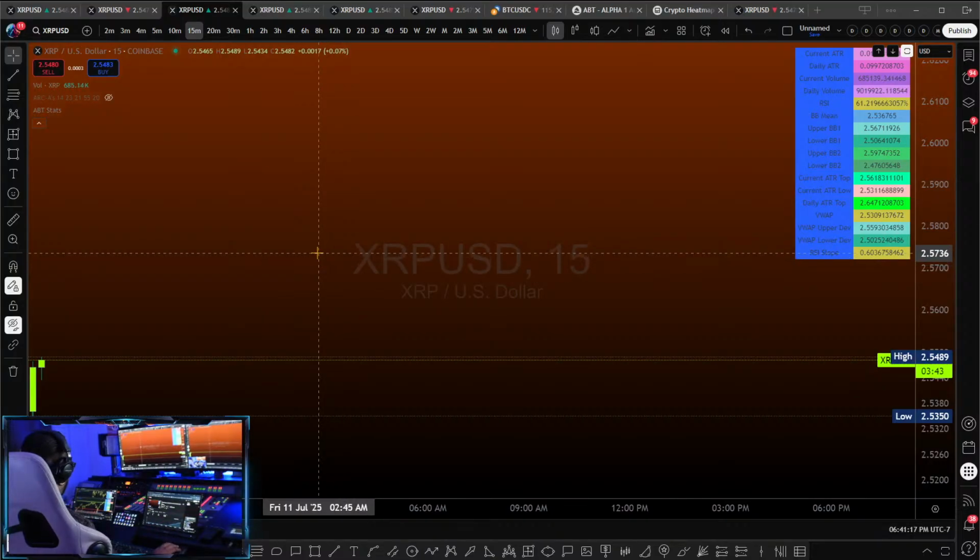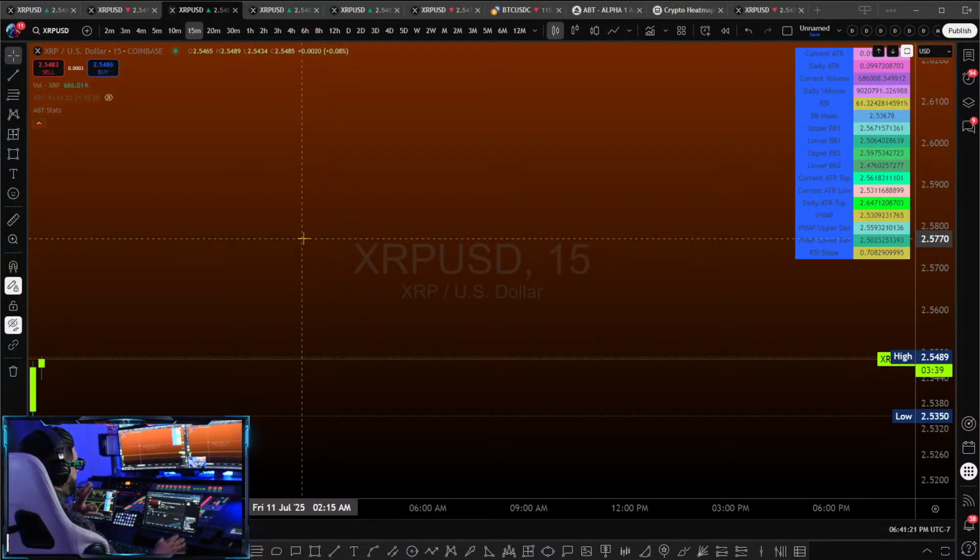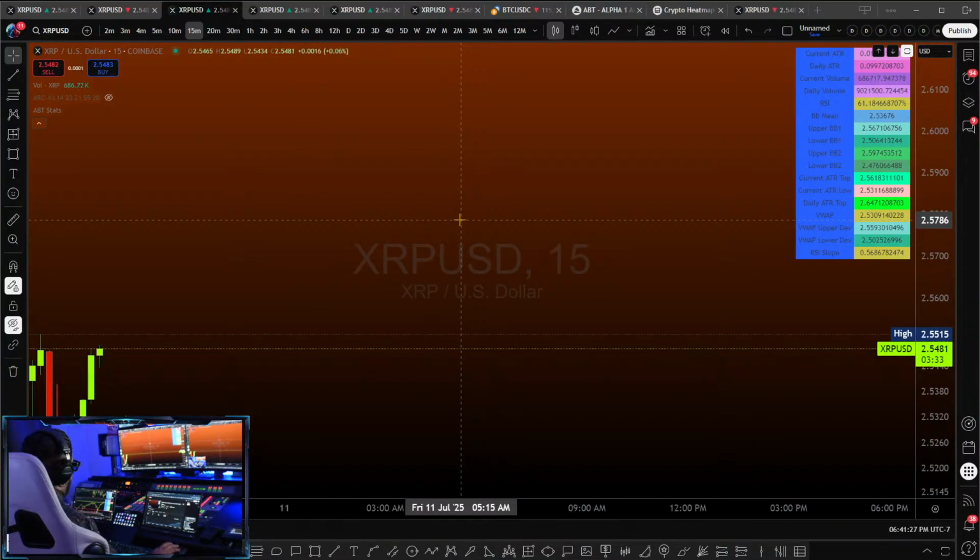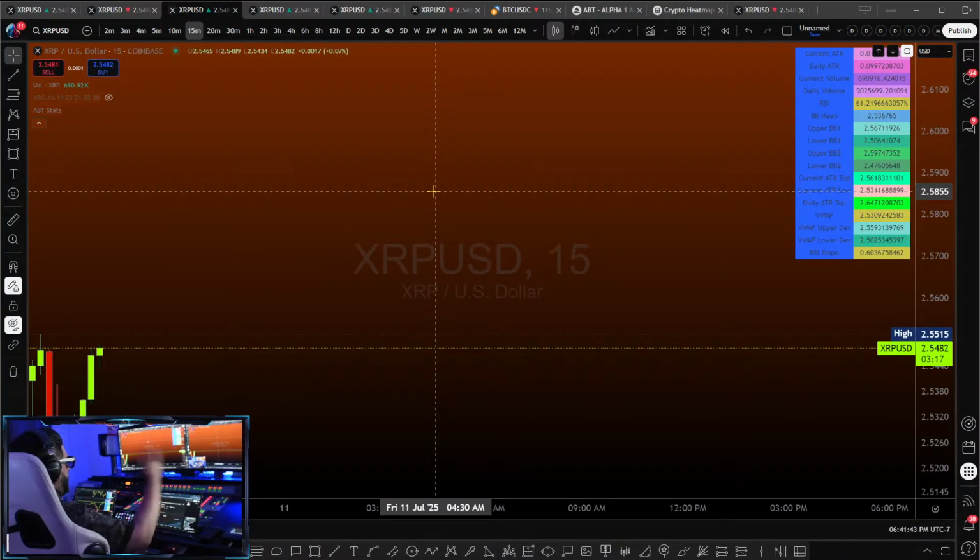Some of the criteria that I've used for prior students: you guys are holding bags, and I assume a lot of you are holding bags of XRP. If there is a way to use the XRP bags that you have, sacrifice a little bit and trade that little bit, using the ebbs and flows of the XRP volatility, then you could use that cash to bring in more for your long-term bag. That's always been